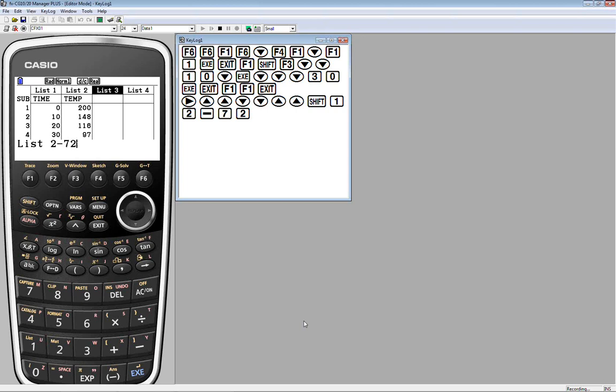We'll try and make sure everybody's okay. But our cursor is on the name, list 3. We're typing the formula, list 2 minus 72. When we hit the execute key, it should generate the new list for us. There we go. 128, 76, and so on.